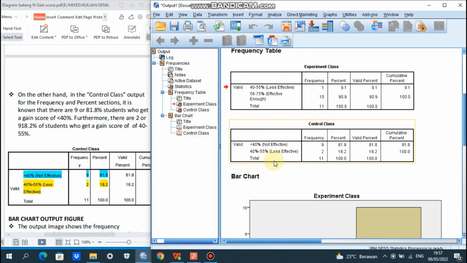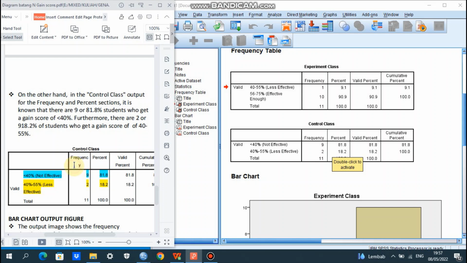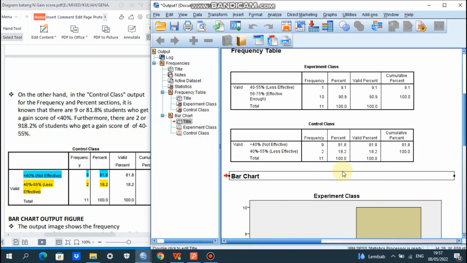And the students showing the N-gain score 40% until 55%, or categorized less effective, the frequency is 2 times. If it is in percent, 18.2%. On the total of the frequency, of course, 11, which means 11 times or 11 participants. And the total of the percentage here is 100%.